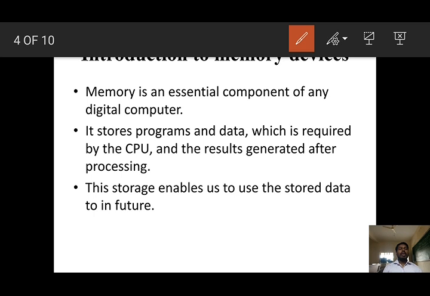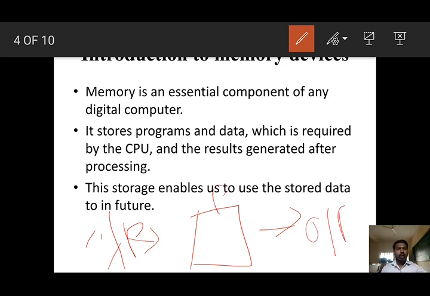Dear students, we know that in the components of a computer, there are three major components. First one is input, second one is process, which means CPU, and third one is output. In the CPU, we can divide into three parts. First one is the memory unit, second one is the control unit, and third one is the ALU. Memory unit. What is the memory unit? It is used to store the data in the system. Understand? Right. Now we will see the memory unit.